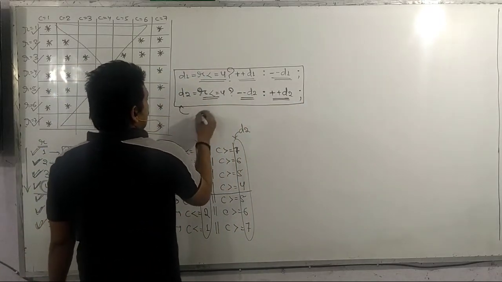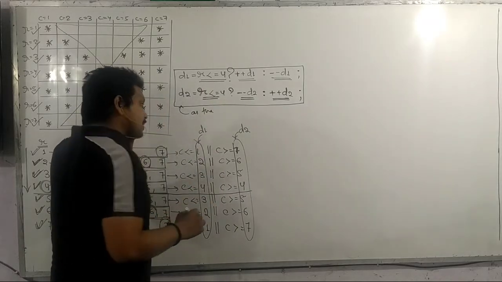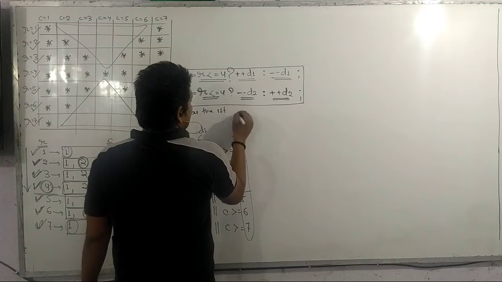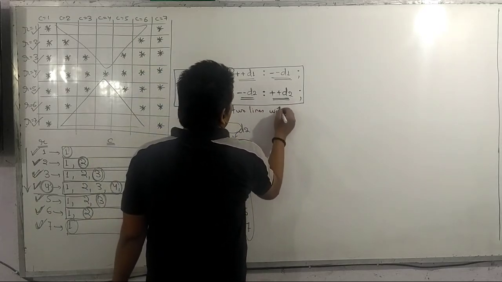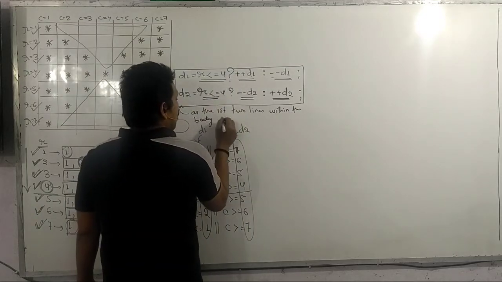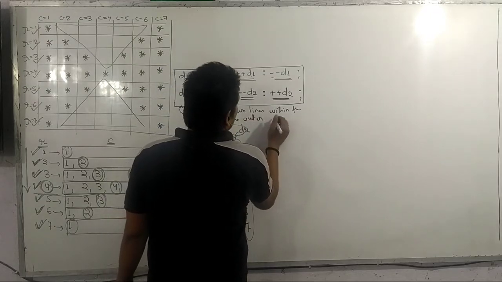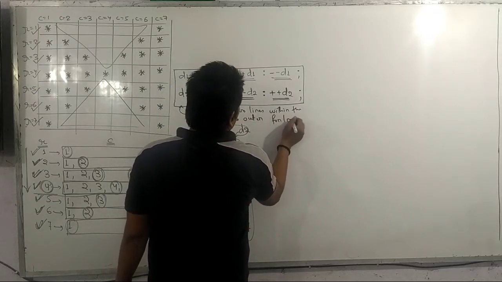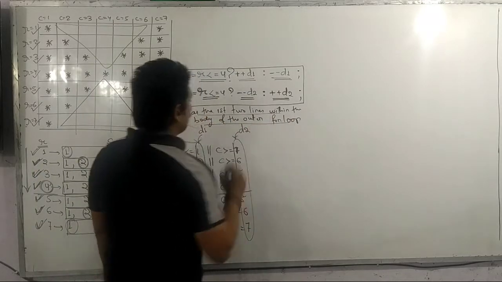Now the question arises where we have to write these statements in the program. So, these two statements should be written as the first two lines within the body of the outer for loop. Within the body of the outer for loop. Yes or no?